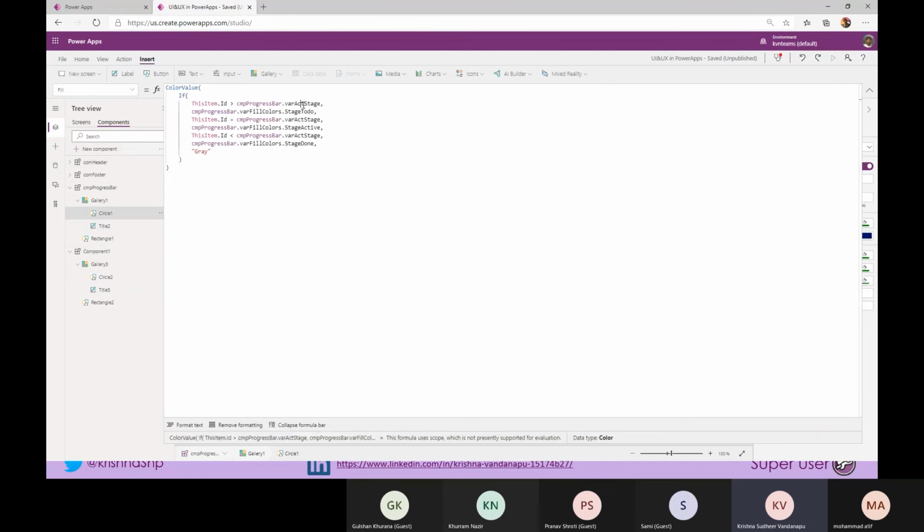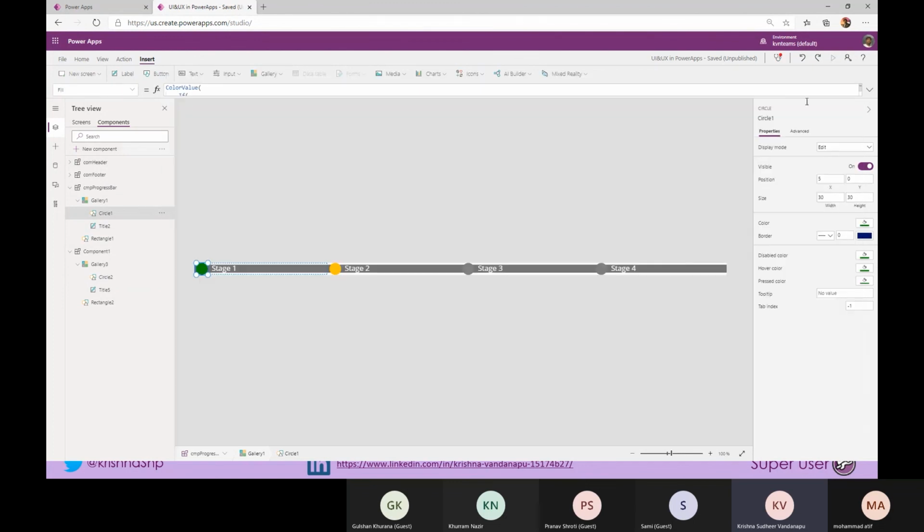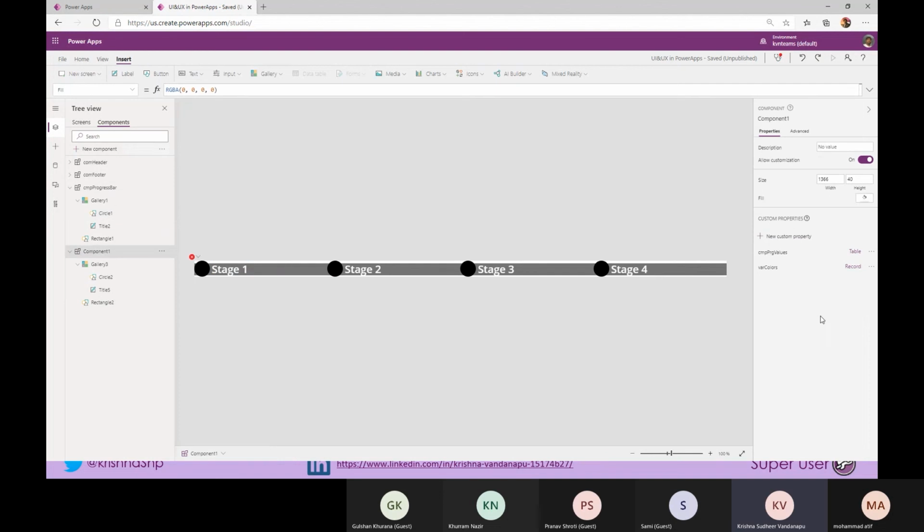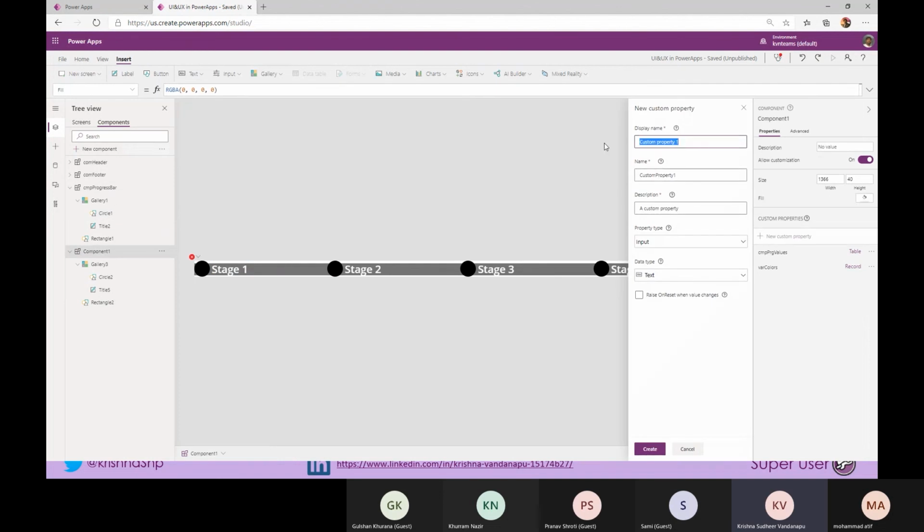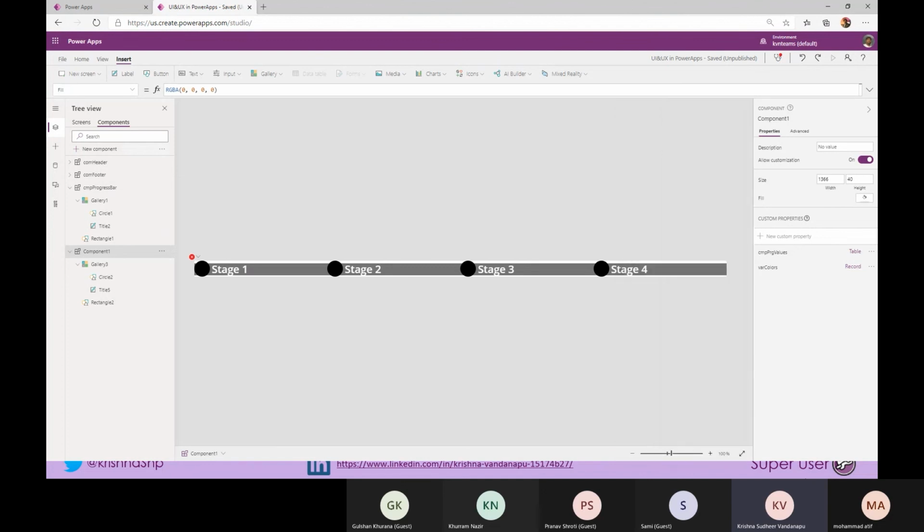The active stage should be another property, because that will show which stage I am in.